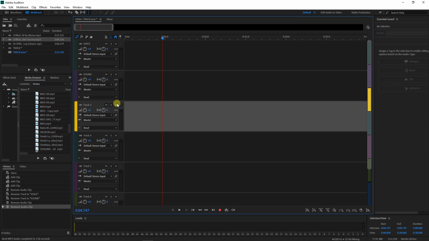Okay, how to import your audio files. I've shown you the 3 ways to import your audio files. Now how to record audio, which is what I'm going to show you now. But before I show you that, I want to show you the settings on how you can set your input